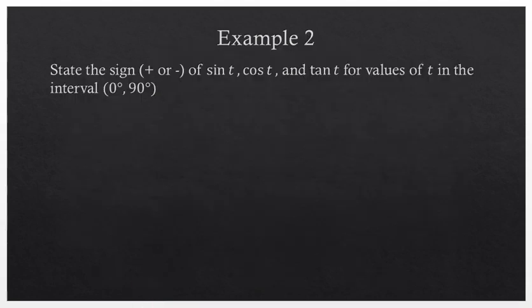So here's one type of example you'll encounter in the assignment. They have asked us to state whether sine, cosine, and tangent will be positive or negative, and the region they're specifying is here in the interval from 0 to 90 degrees. Well, what you want to remember about the unit circle is that 0 degrees is here on the right, and 90 degrees is up here on the top. So if they're saying from 0 to 90 degrees, they're talking about this first quadrant right in this section. So this is telling me quadrant 1,